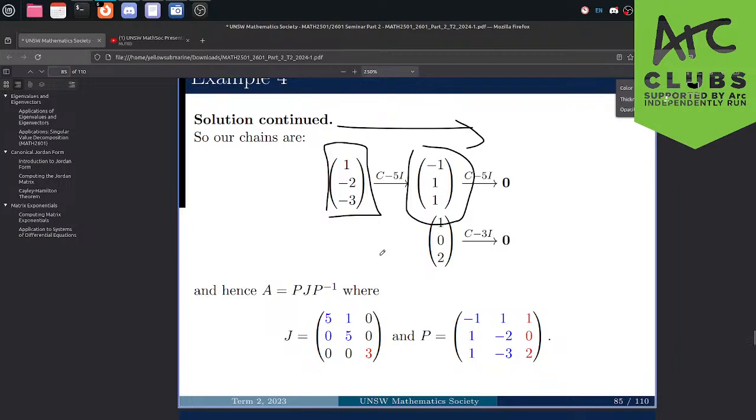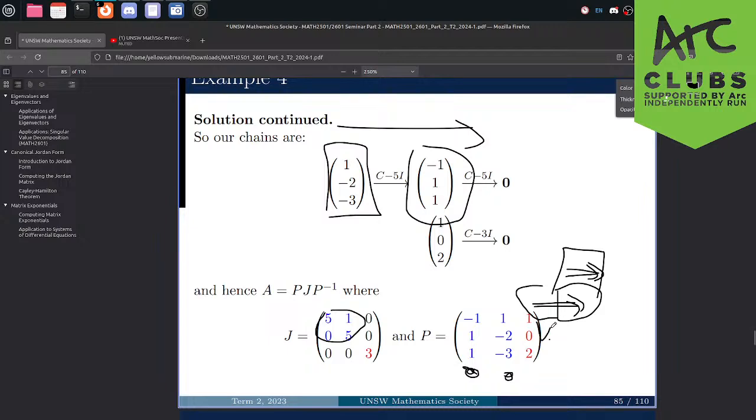And you remember to write your Jordan chain in backward order. So you write this eigenvector here, and then your original vector, and you write the Jordan block corresponding to it. Each Jordan block corresponds to a Jordan chain, and you could have multiple Jordan chains for a given eigenvalue. Like from your block diagram for eigenvalue 5, it could theoretically look like this. In this example, you find this Jordan chain and this Jordan chain.